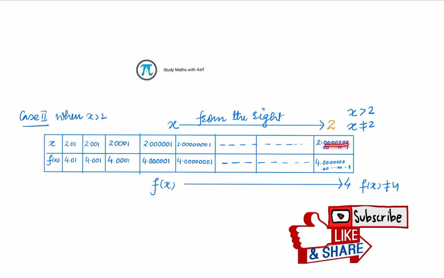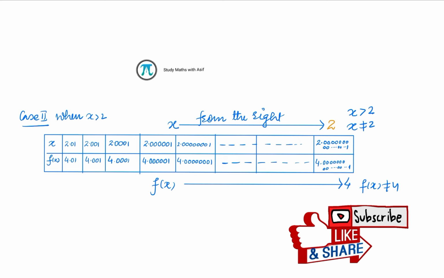Similarly, this is not the full stop. You can keep writing the numbers which are close to 2. See how many zeros I'm putting, and it is closer than any other among all these values, right? So corresponding to these values, we can write the value of the function. So corresponding to 2.01, we can write the value of the function 4.01, right? Skipping certain steps, we see the limiting value is coming close to 4, but not equal to 4.